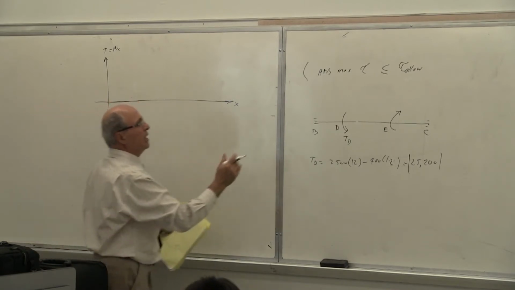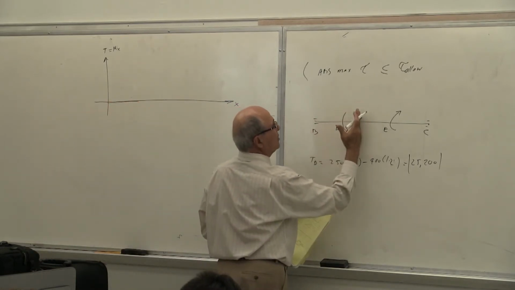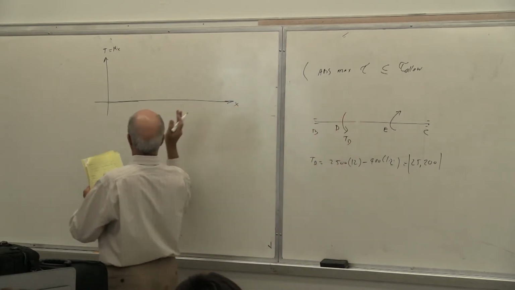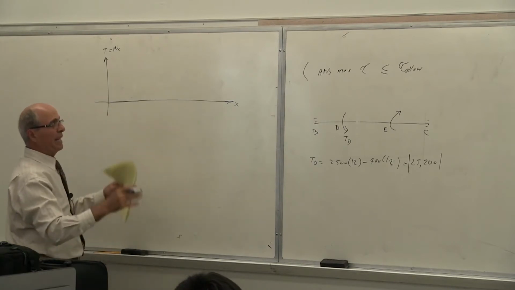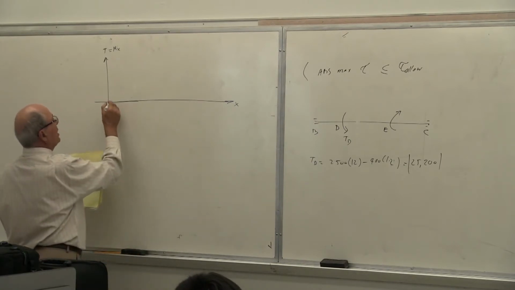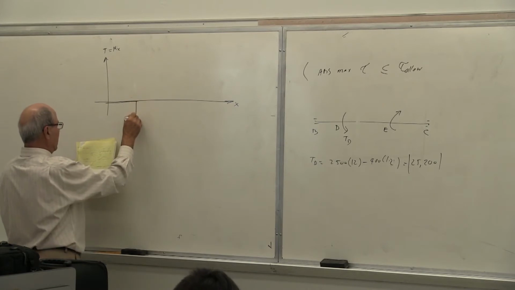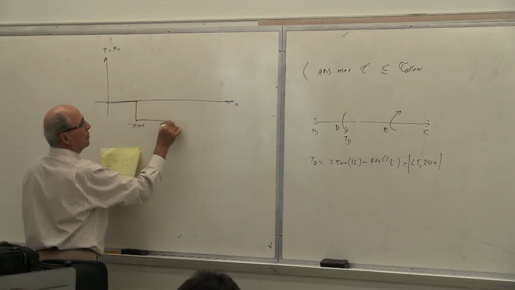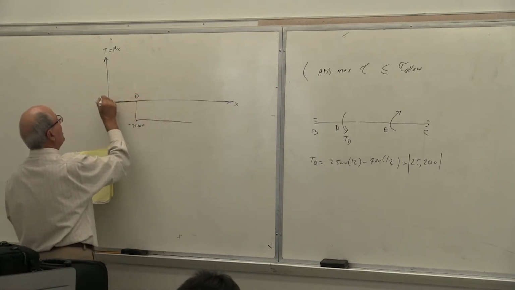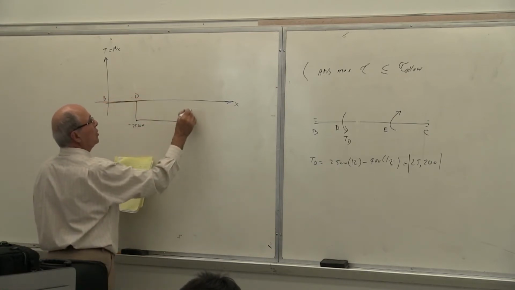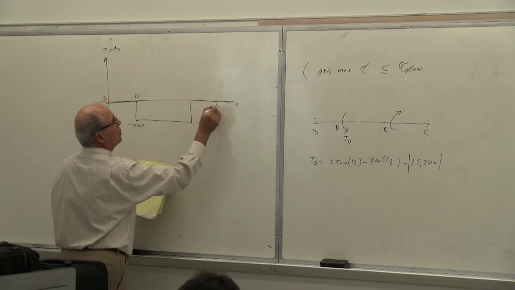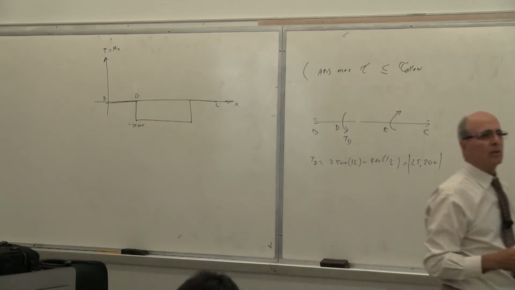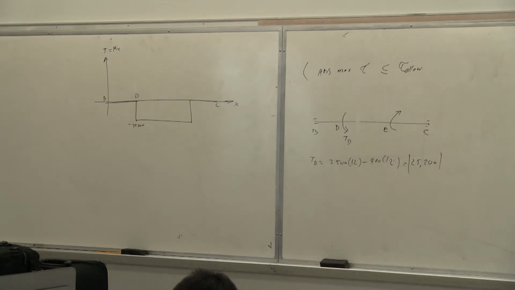Let's say we go here. This is positive. The reaction here is negative. Let's go with that one. If you go negative or you go positive, I don't care. The way I show you at the end does not make any difference. But let's say that you start from here. Let's go negative reaction-wise, minus 25,200. Go from D to E. So that is D, this is B. You go to E, you add that one. Then again 0 up to C. So the torque is only between D and E. Yes or no?